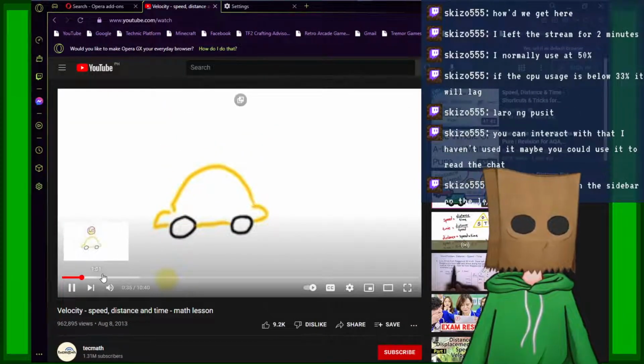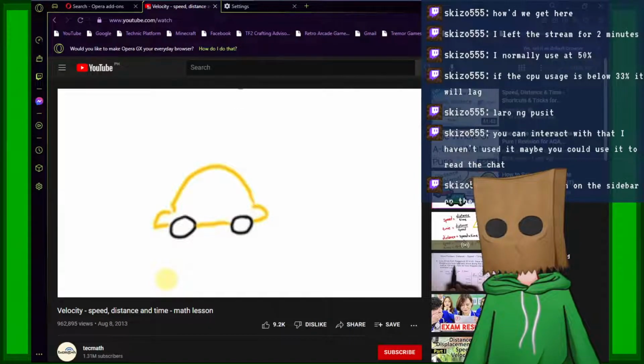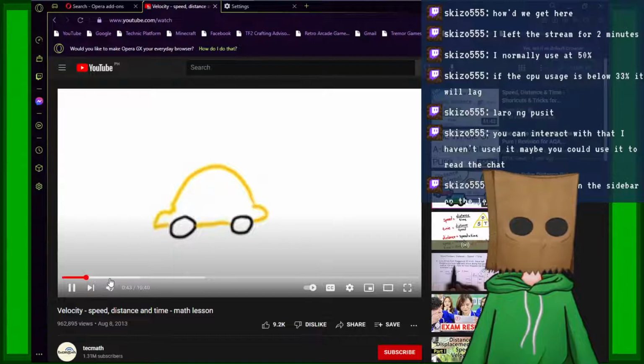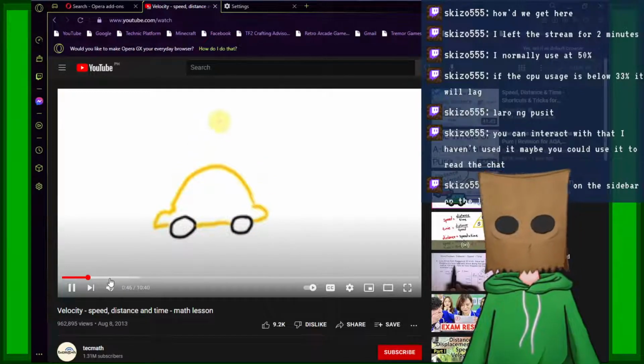Now this is my really bad drawing of a car and I've drawn this on here for a reason. Not to show you my astounding art skills, which I know are incredible. But what I'm actually looking at with this is the thing most people understand with speed. Straight away,